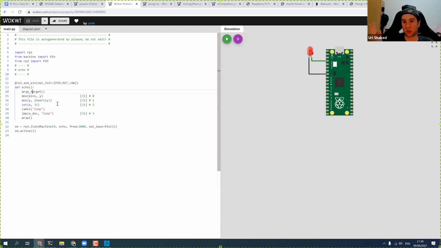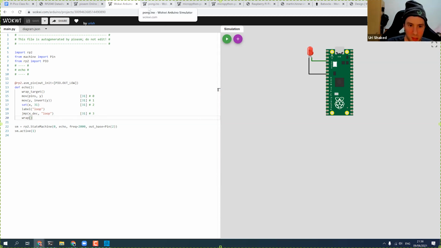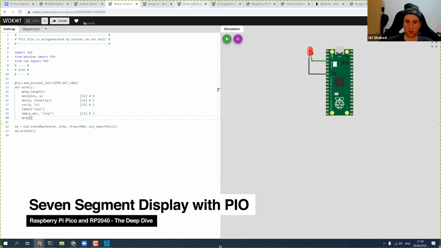And that's useful because we have a limited number of instruction slots, and also jump or any other commands would take clock cycles, and this allows us to save on clock cycles. Cool. And more questions, let's take them in the Q&A, because the next thing I want to show you is